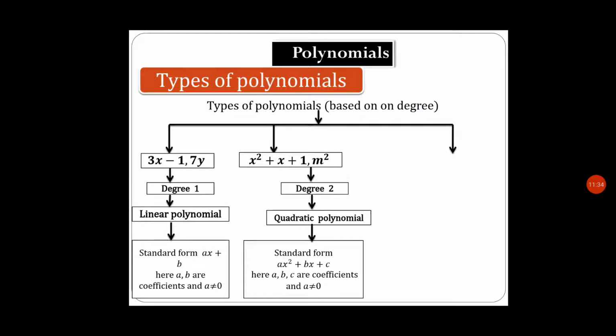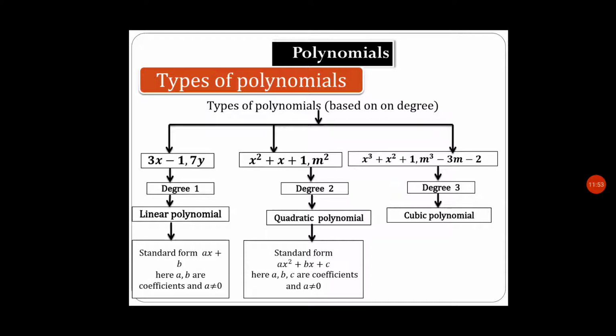Now let us see the next. x^3 + x^2 + 1 and m^3 - 3m - 2. Here both polynomials have degree 3. That is why it is known as a cubic polynomial. What is the definition of a cubic polynomial? If the polynomial has degree 3, then that polynomial is known as a cubic polynomial, and the standard form is